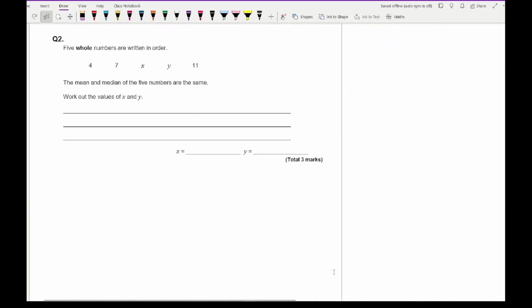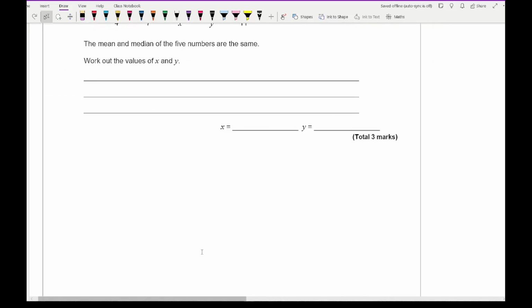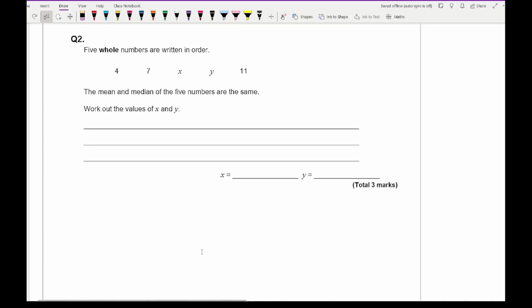Then moving on to question 2, where we can zoom in so we've got a bit more on screen. It says 5 whole numbers are written in order, and we've got 4, 7, x, y and 11. The mean and the median of the 5 numbers are the same, and the question is asking us to work out the values of x and y. So let's first of all establish some of the facts. We know that x and y are numbers